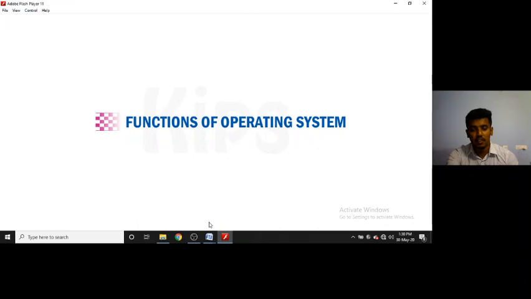So the operating system is mainly classified under system software, which increases the CPU utilization and the performance of the computer. Now, what is the need of an operating system? What is the role and importance of the operating system between the hardware and the application software? It performs in such a way that what to do, when to do, and how to do.